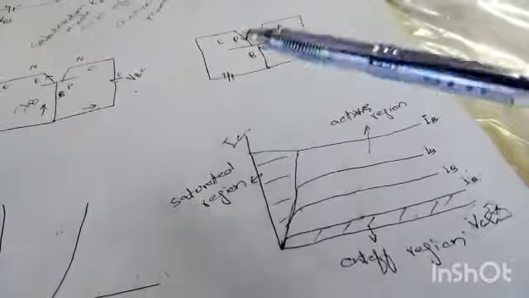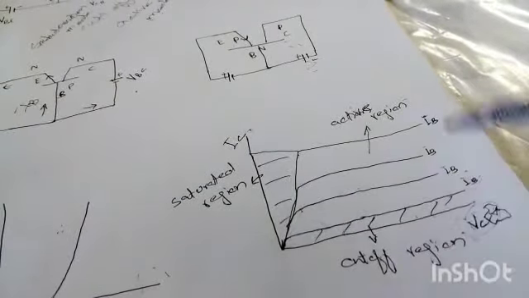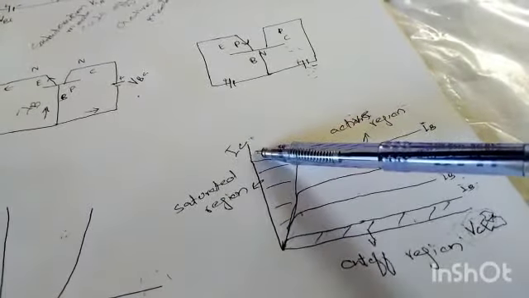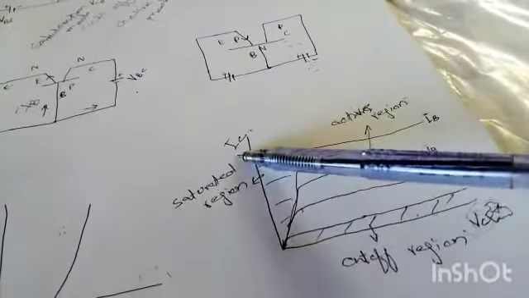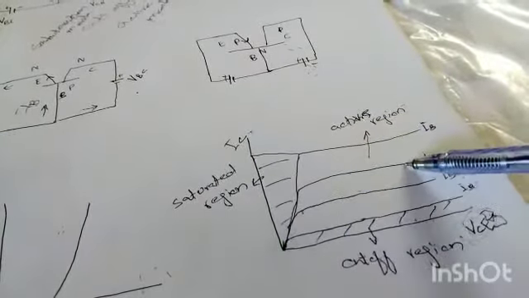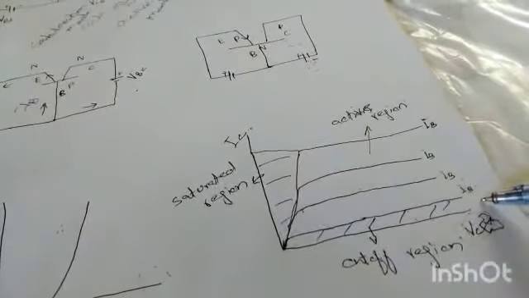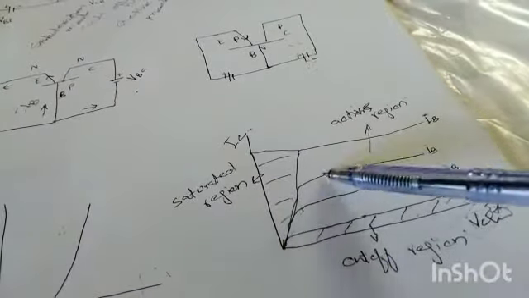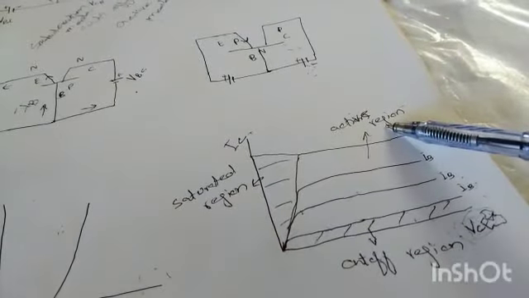When you take different values of the input current and change the voltage across the output, there is a change in the output current. Initially you increase the output voltage, there is an increase in the output current, and after some time this current becomes constant. The region in which a change in voltage gives a change in current, you call the saturated region, and the region where the current becomes constant at variable voltage, you call the active region.